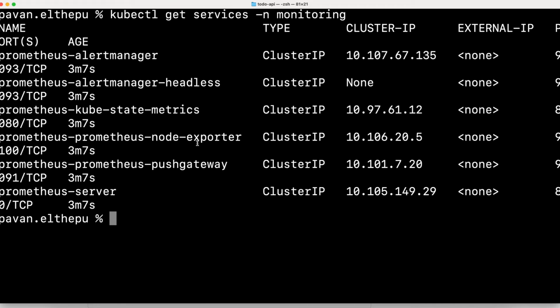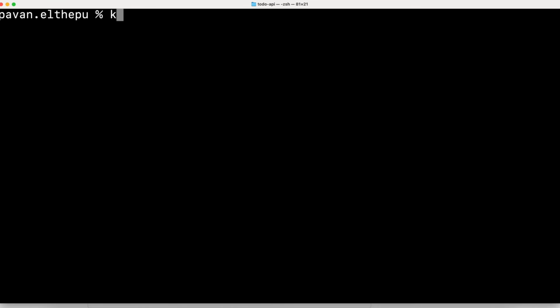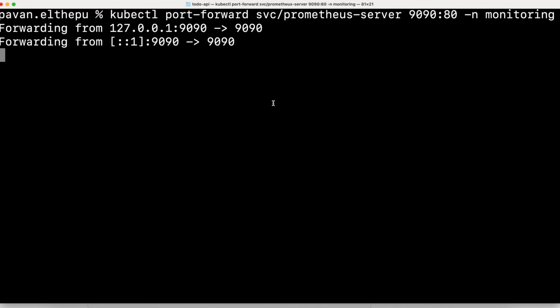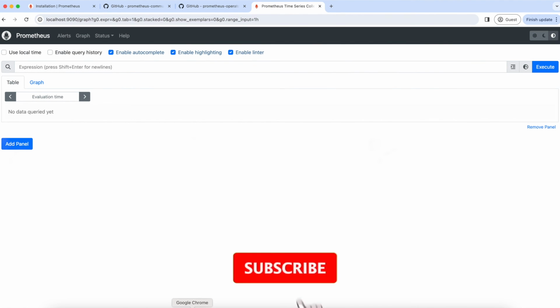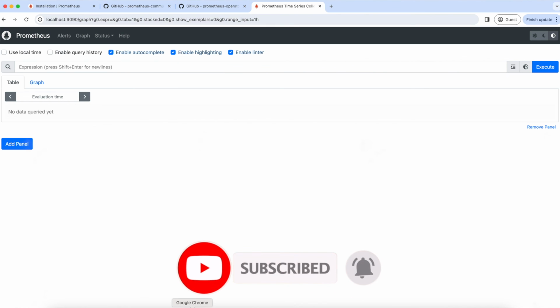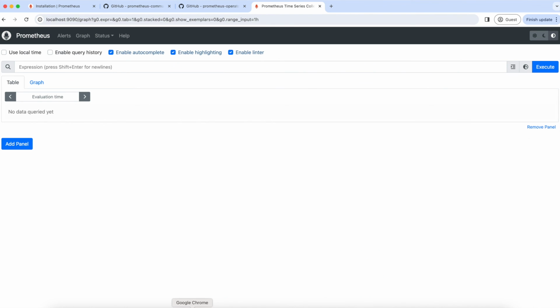Now let us verify the Prometheus installation by accessing the Prometheus UI through port forwarding the Prometheus server service. kubectl port-forward the Prometheus server service, which is running on port 80, and let's expose it on port 1990, in the monitoring namespace. Now let's go to the browser and open localhost:1990. There we go. We have successfully installed Prometheus on our Minikube cluster,